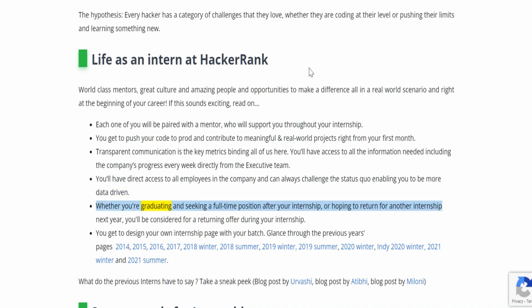Whether you're graduating and seeking a full-time position after your internship or hoping to return for another internship next year, you'll be considered for a returning offer during your internship. You get to design your own internship page with your batch. Glance through the previous year's pages to